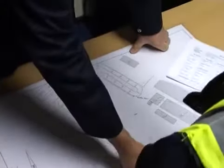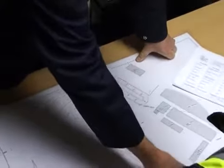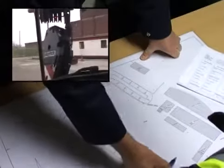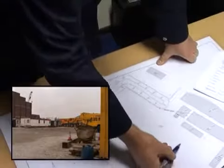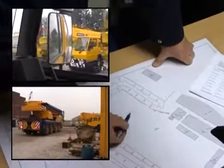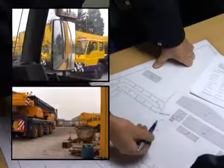This is the site entrance here. As you can see, you're parked just outside now. What I'm planning on doing is bringing you in through the site gates and then swinging you around in this open area here and then getting you to reverse slowly under my guidance down to the bottom end of the site where we can actually be positioning you, where I've already marked with some marker paints the position of the